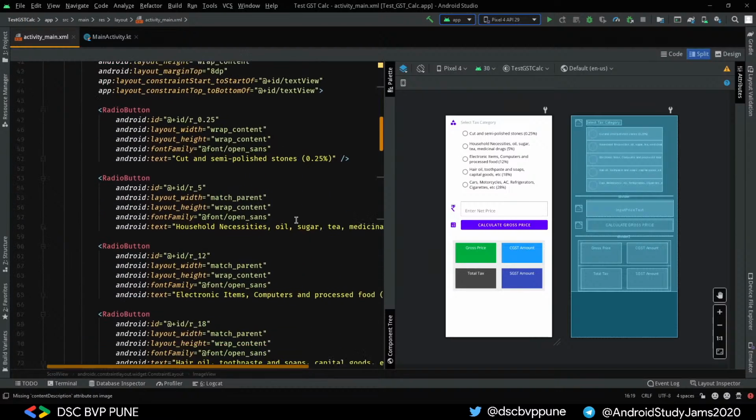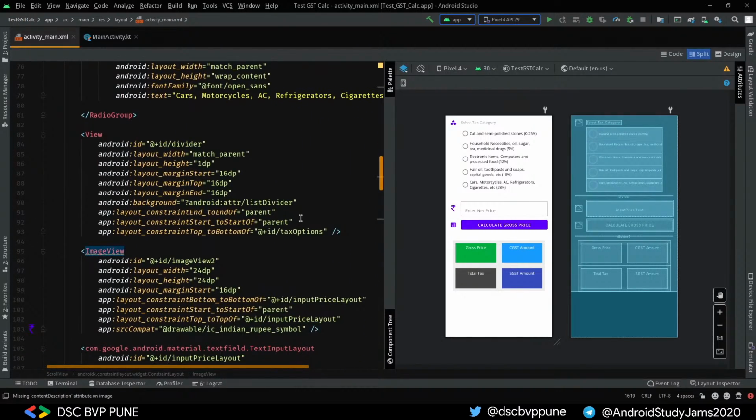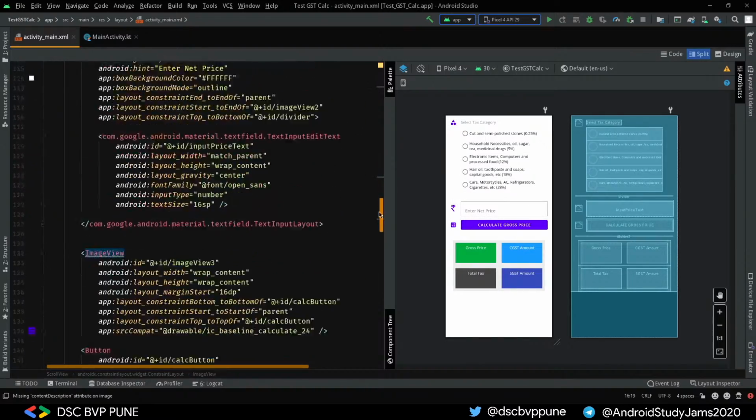And underneath it is another image view which consists of another icon, and then we have an input edit text. So the user can input the net price here, and then the user can click this button underneath it to calculate the gross price, including the tax. Then the central GST tax and the state GST tax are shown here. Okay, so this is the basic layout